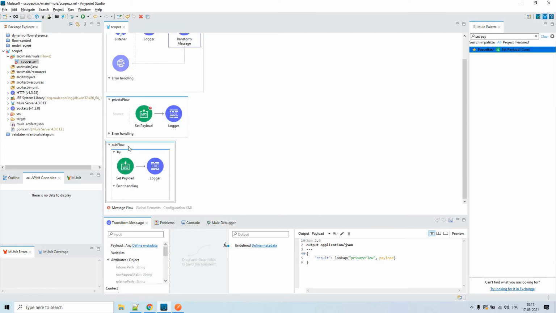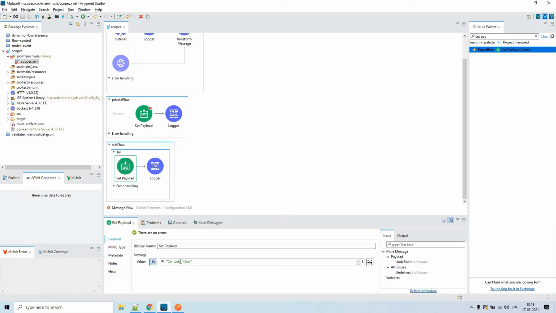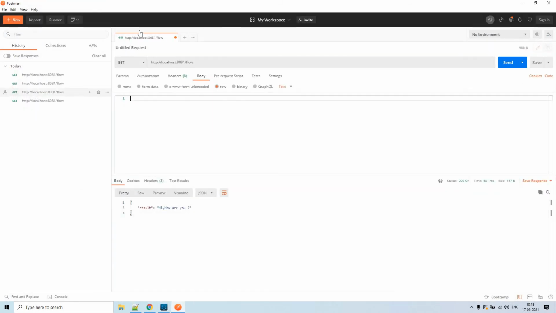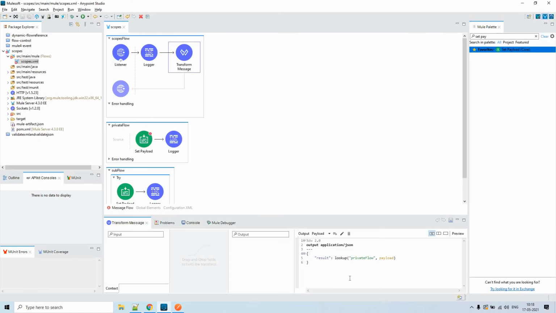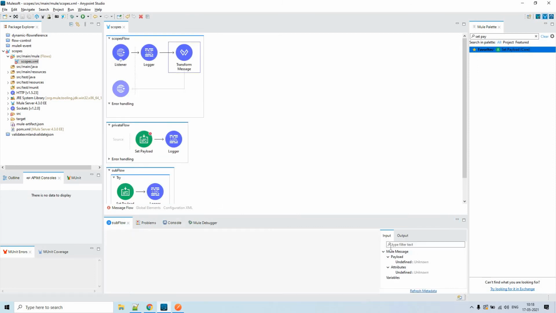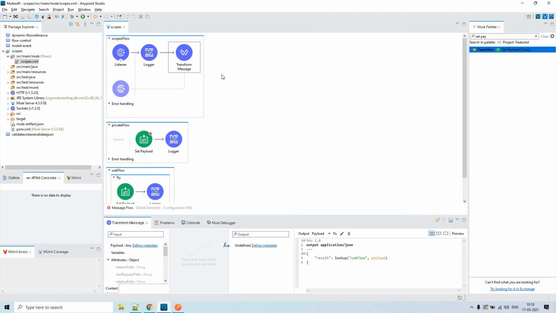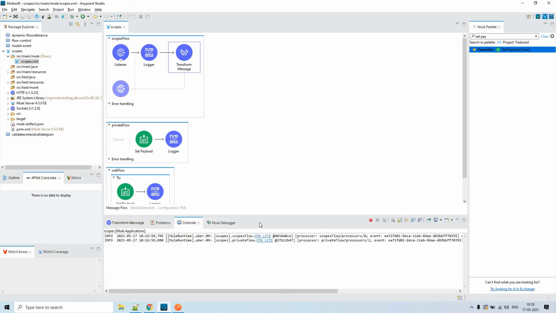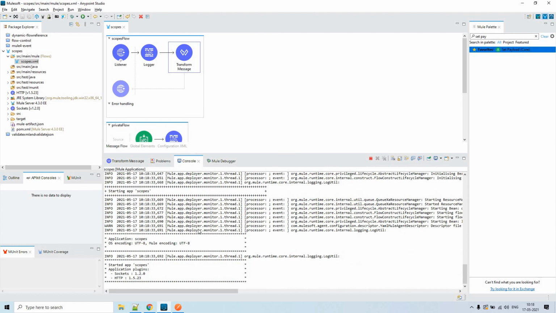Now let us try to invoke a subflow. Definitely this will result in an error, but just to show you, I would like to invoke this subflow. So here we have set something like in subflow, right? I'll not send anything along with our request this time. Now instead of private flow in the lookup function, I will configure something called subflow. Copy this and put it in this lookup function. So it should get deployed. Okay, it got deployed, right?